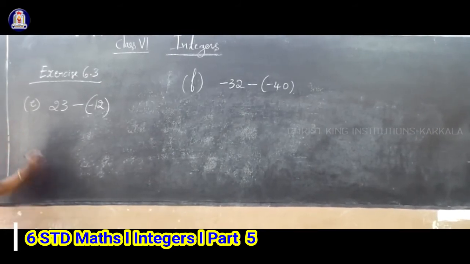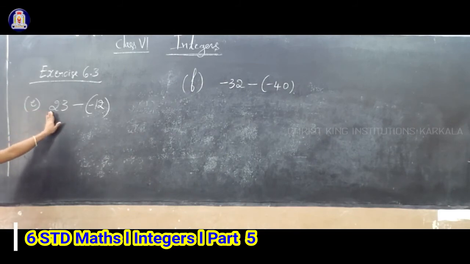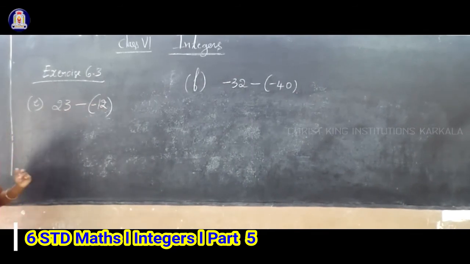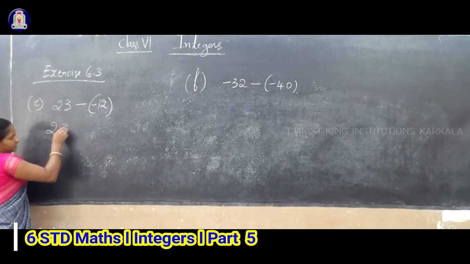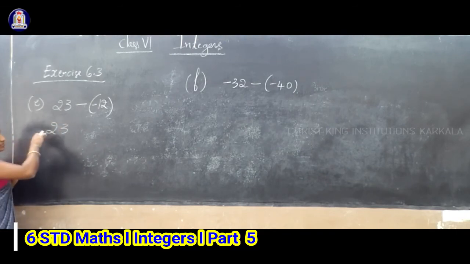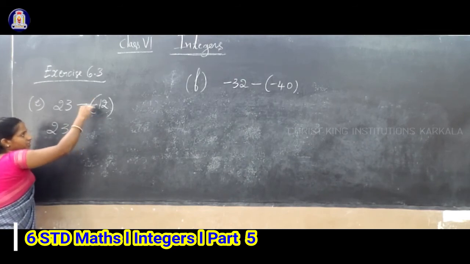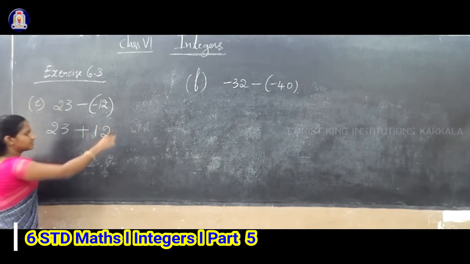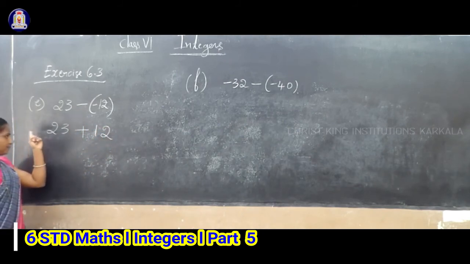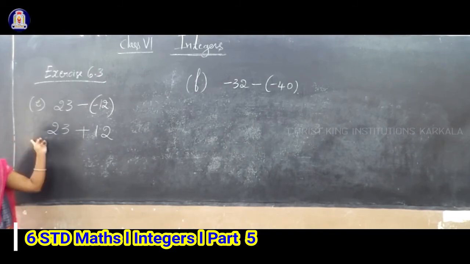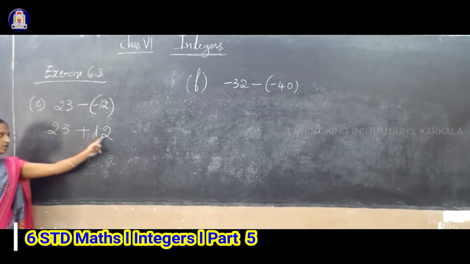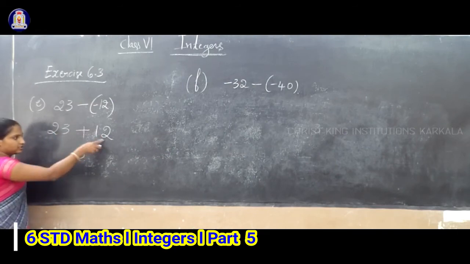Okay? See that, in that question, the sixth one. We'll see now 23 minus of minus 12. So same procedure. First integer write as it is. That is plus 23. Clear? The sign is not given, but the sign here is plus 23. And how to remove this bracket? Multiplication. Minus into plus 12. Clear? So the sign here is plus, and here also the sign is plus. Same sign, addition. So how to add 23 plus 12? Same sign. So 3 plus 2 we get 5.